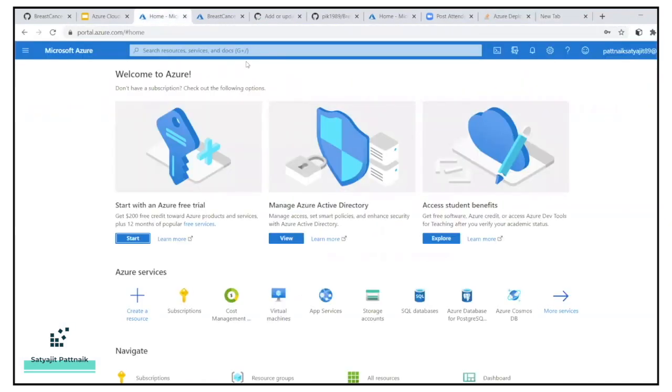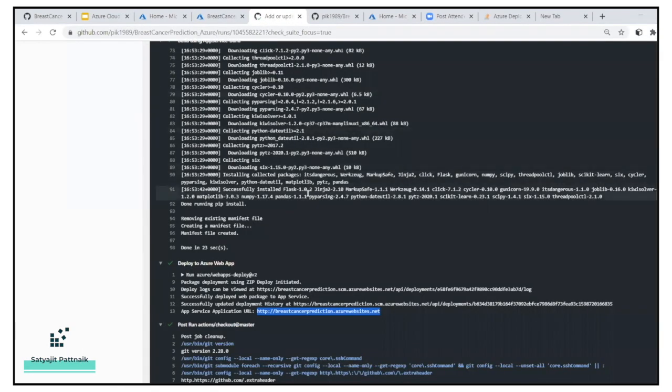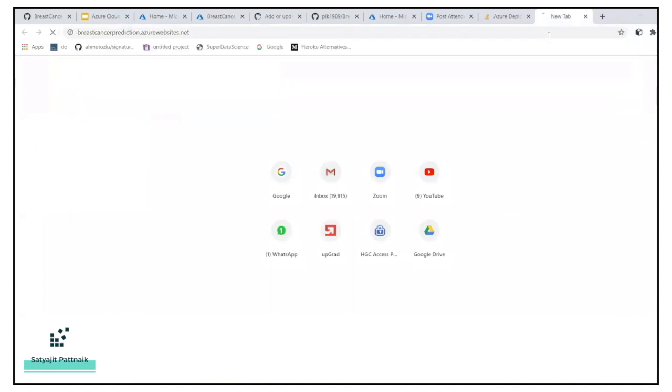Before going, you can also check your Azure portal. Here you can see that status has been successful. The only problem is that the logs are not visible on your portal.azure.com because we have used the GitHub actions, right? If you use the other methods, the app service build service, your logs will be visible on your screen on your portal.azure.com. But either way, it doesn't matter to us whether the logs are visible here or there. Ultimately the logs should be visible, right? So let's go to this particular location where